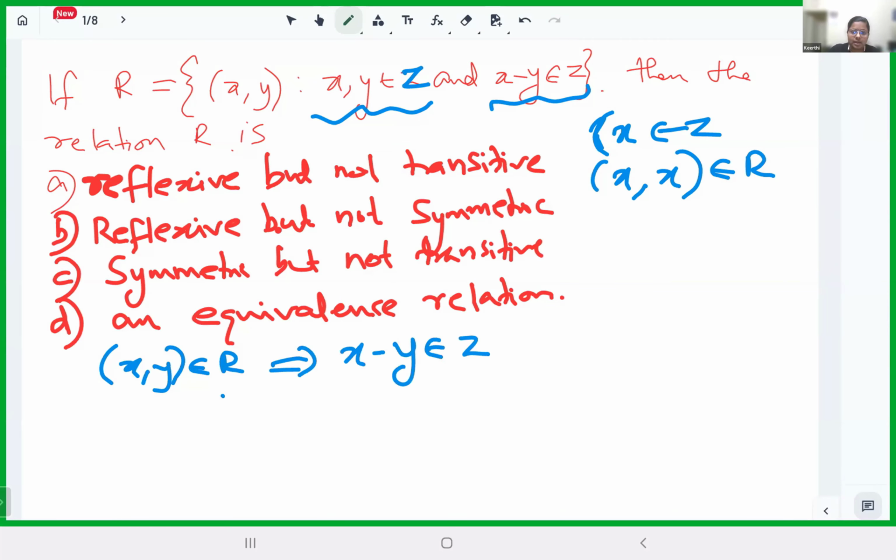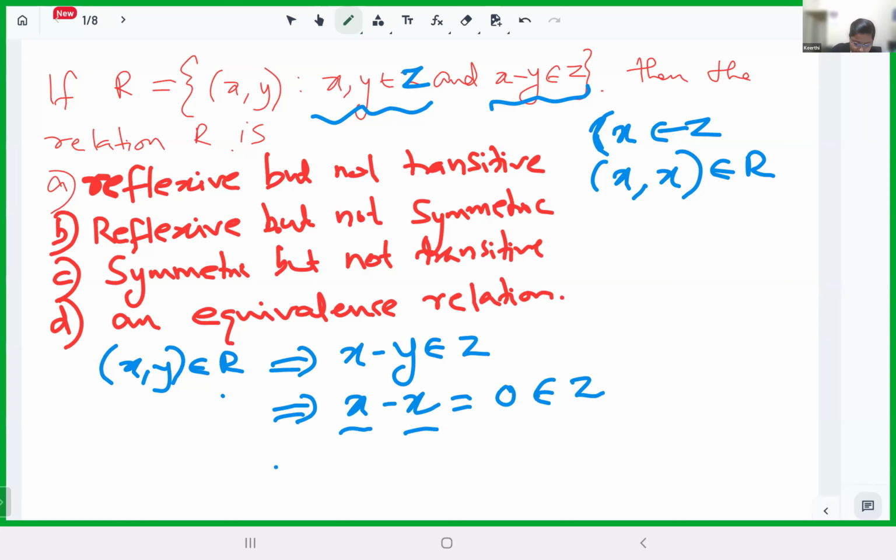If the ordered pair (X, Y) is an element of R, the difference of those two elements should be an integer, X minus Y belongs to Z. So what can you say about X minus X? X minus X is equal to 0. Is 0 an integer? 0 is an integer. So 0 belongs to Z, which means the difference of X and X is an integer,